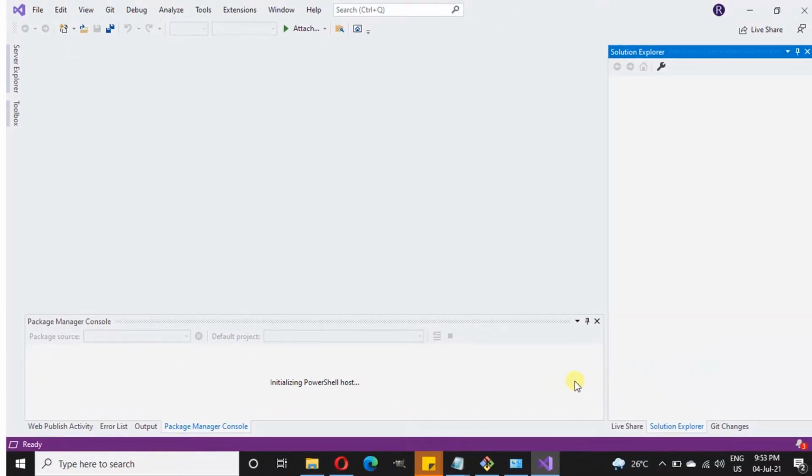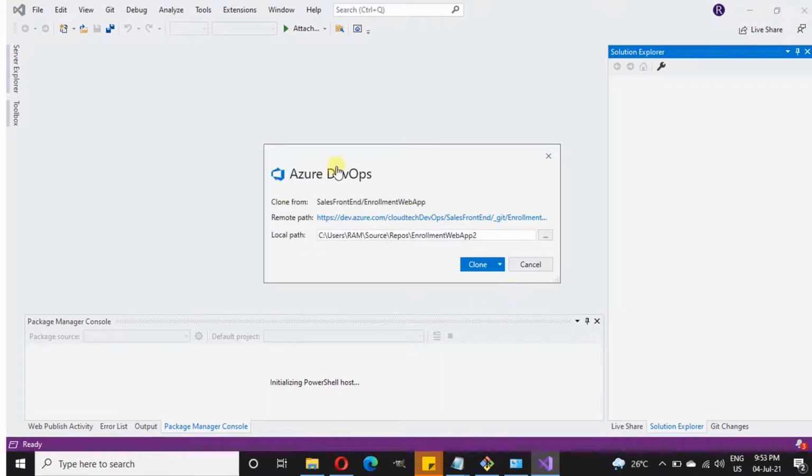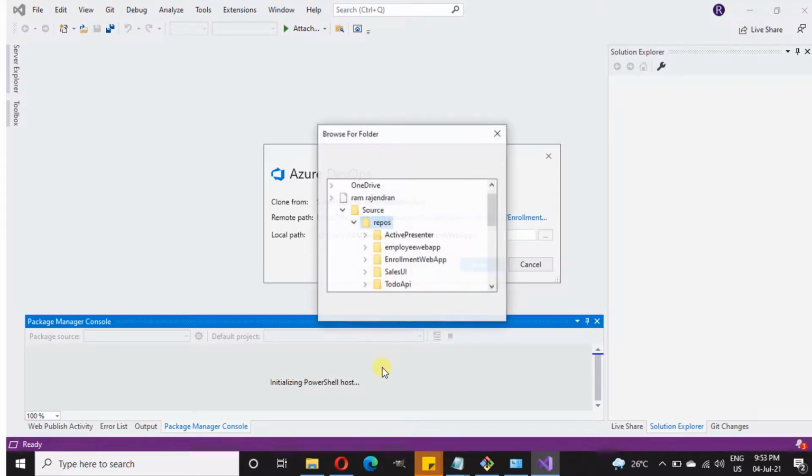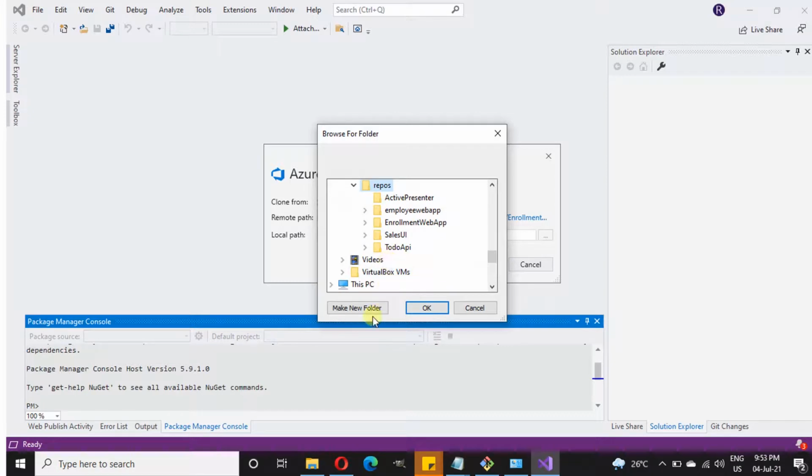Once this authentication is done, let's give some more time to load. A pop-up should come over here. Let's wait for that. Yeah, this is the pop-up. Now you can select the local path where you want to clone. So I'm going to select another different path. I'm going to create a new folder and I'm going to provide this. Select under repos. I'm going to create new folder.